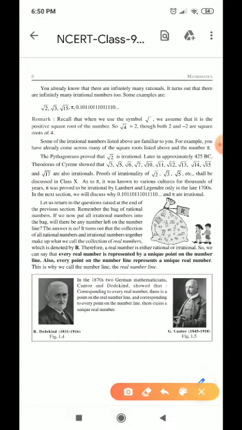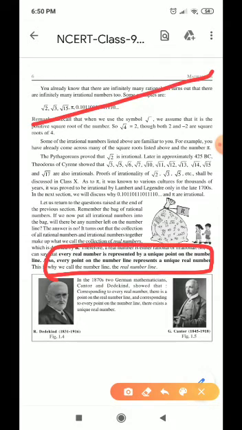Also, every point on the number line represents a unique real number. Suppose we have a number line and here we have 0, 1, 2, 3 and so on, and suppose here I am writing 115. So 115 is a real number and every point on the number line represents a unique real number. Suppose here I have a point. Definitely this point will show a real number. Suppose I have a point here. Definitely this point will show a unique real number.